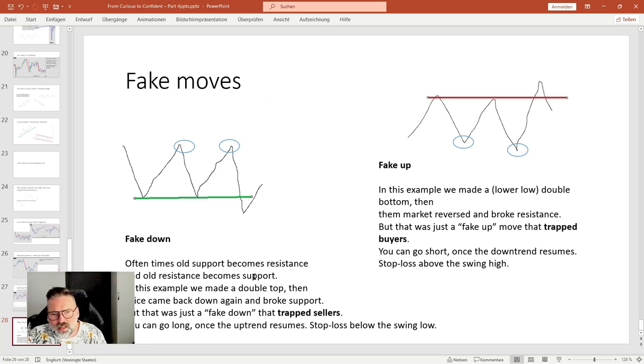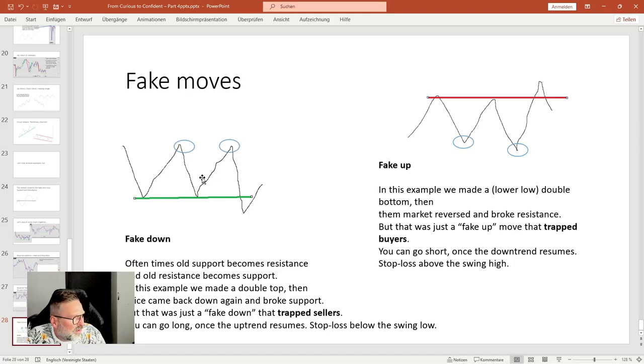Fake moves can have two variants, fake down or fake up. And for that to be a fake move, either buyers or sellers need to be trapped. So what does that mean? So that means, in this case,